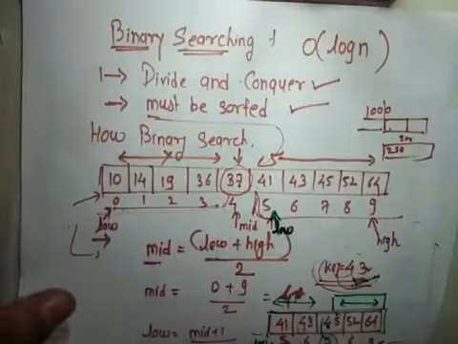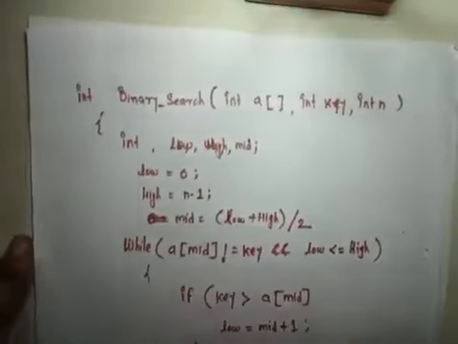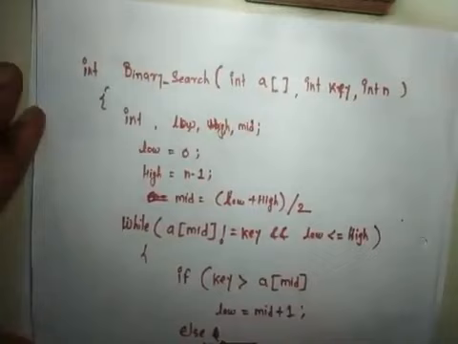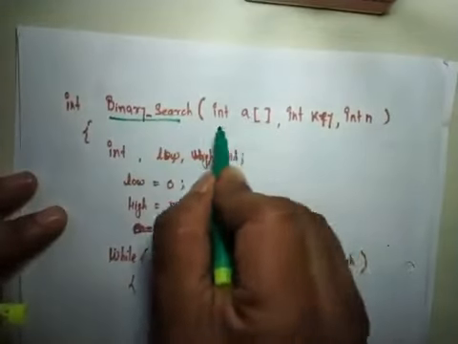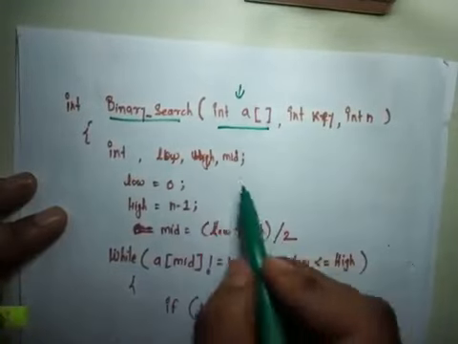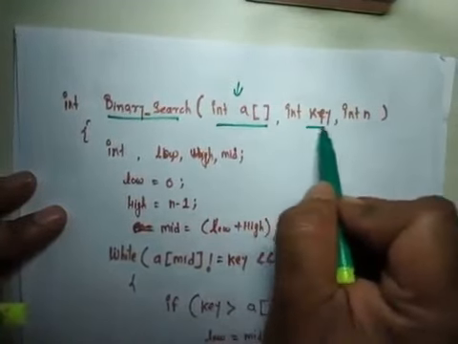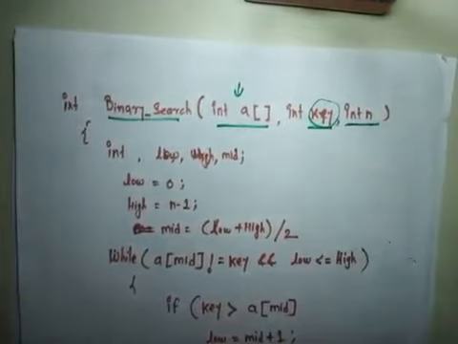Okay. So now what I am going to do? I am going to show you the pseudo code, or C code, for binary search. So basically in this code, this binary search algorithm takes as input an array, a sorted array. The most important thing is what? Sorted array, and the key which we are going to search, and the size of your array.